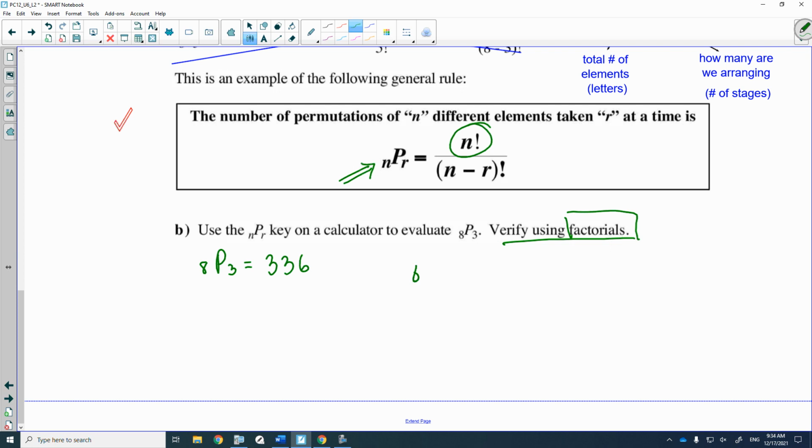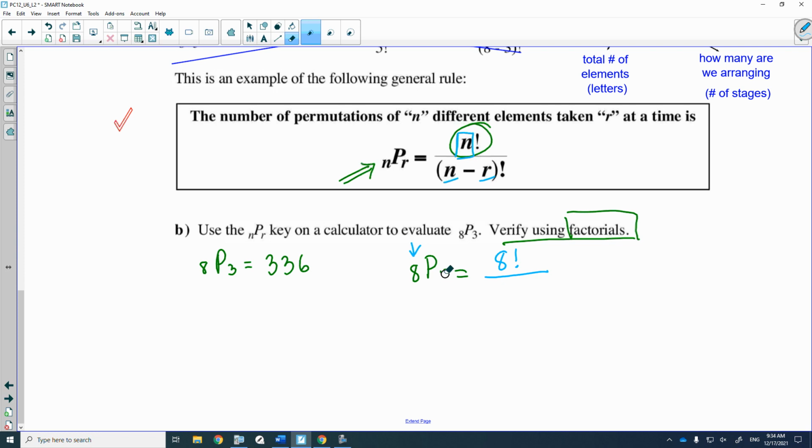So 8 permute 3 is equal to n factorial, and n is 8, all over n minus r, which would be 8 minus 3,